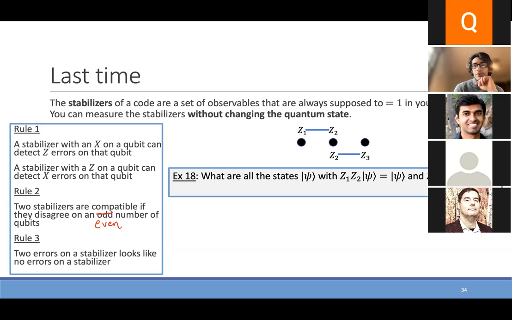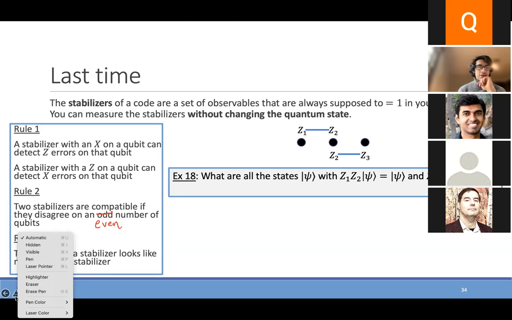If you want to answer part of the question, you can. For example, you could tell me a state with Z1, Z2 equal to 1. Let's see what's going on in the chat. So yeah, so one state is